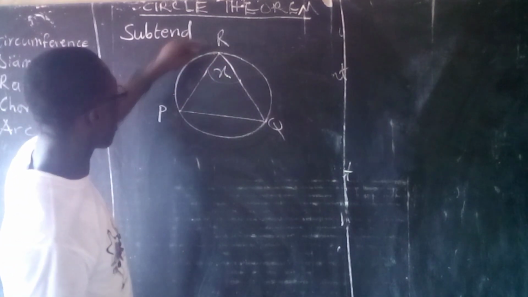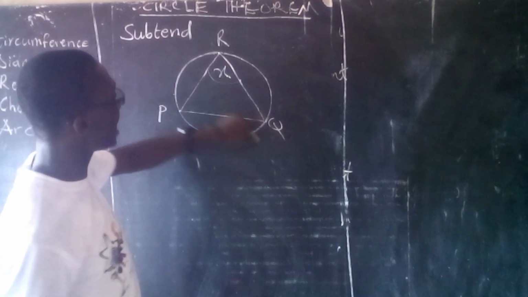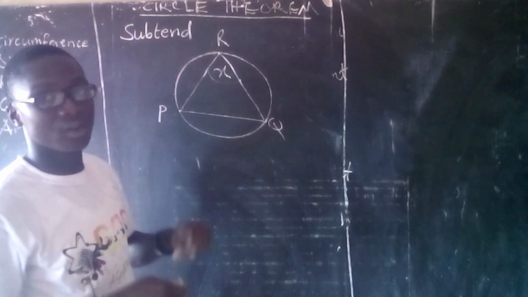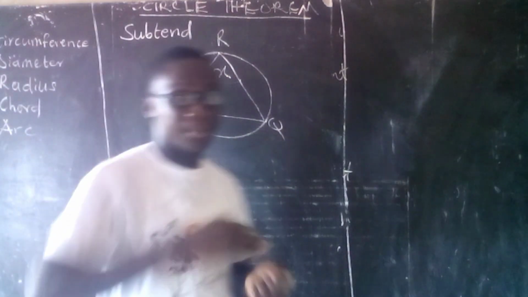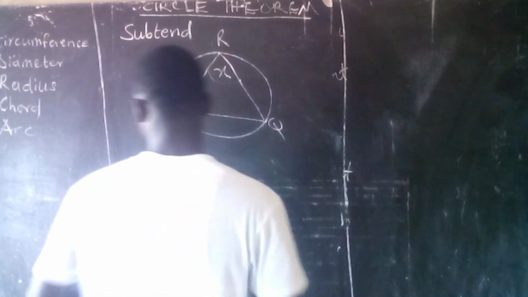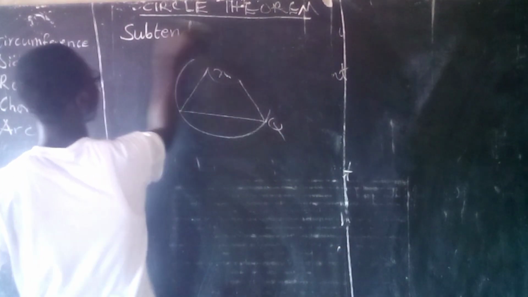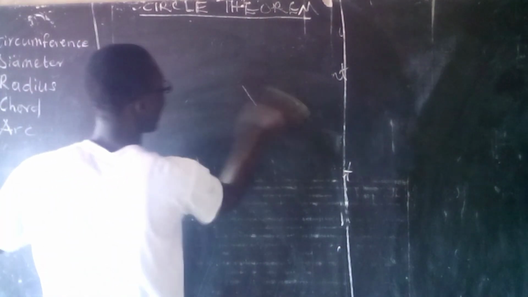So the chord PQ subtends an angle X at the point R. So this is the meaning of the word subtend. Now let's move on to our first property. So we are saying that